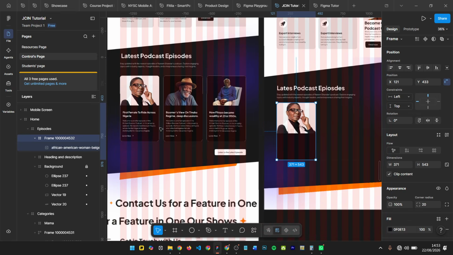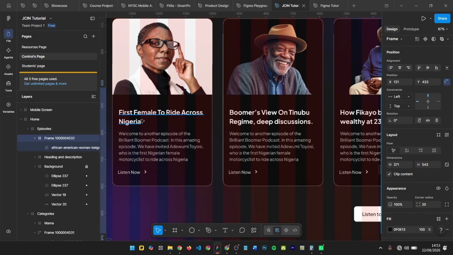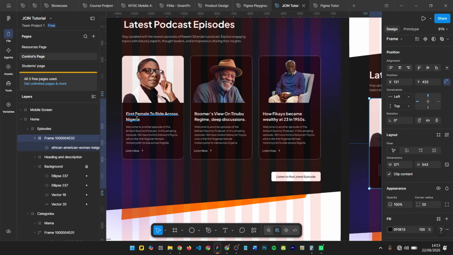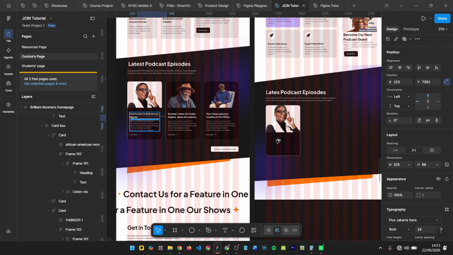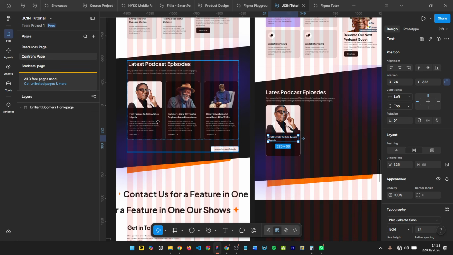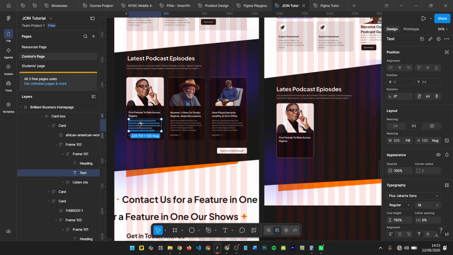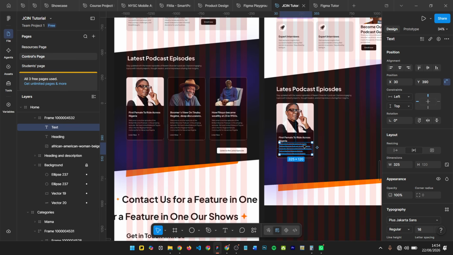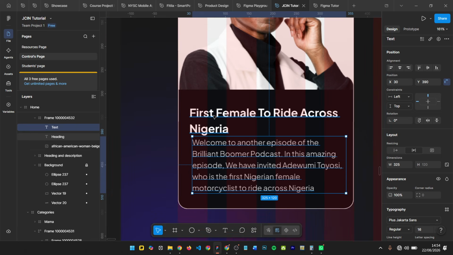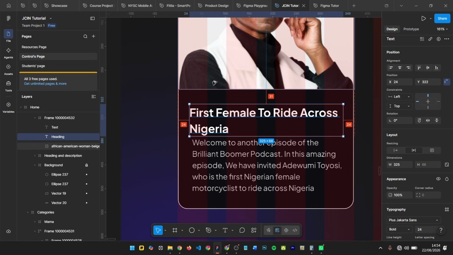So let's see what we have here. First female to ride across Nigeria. I'm going to copy this text, put it here. The description, put it here like this. Let's see what we have. So here I'm going to have,